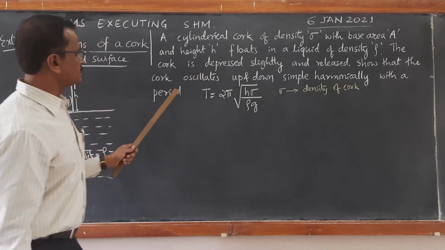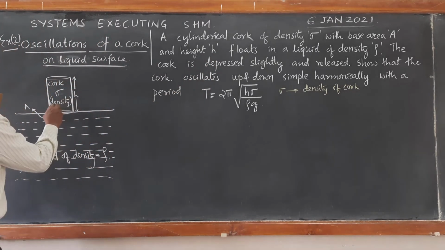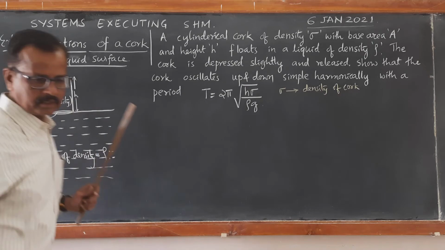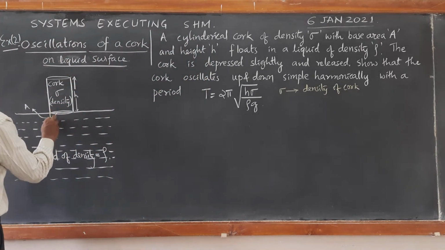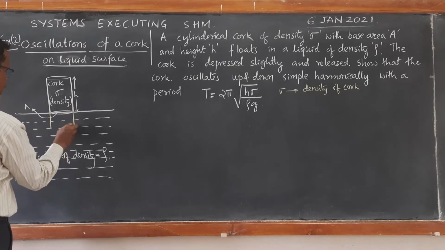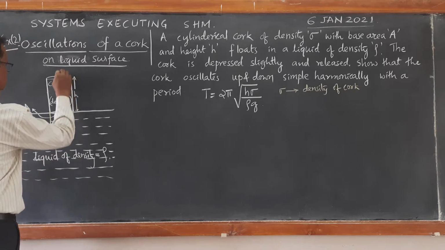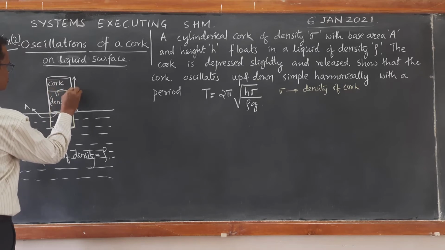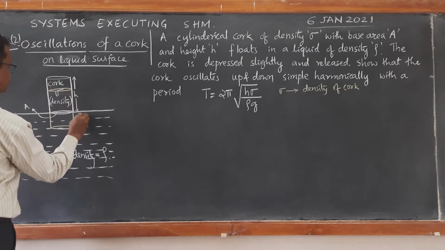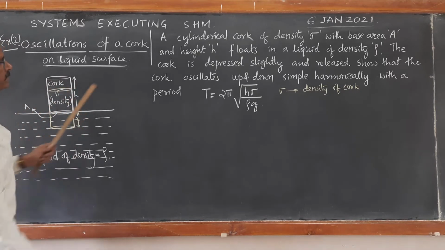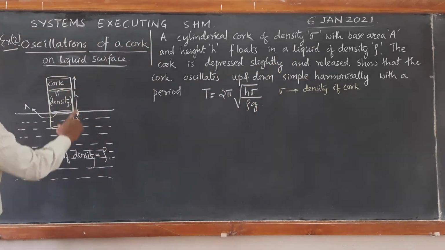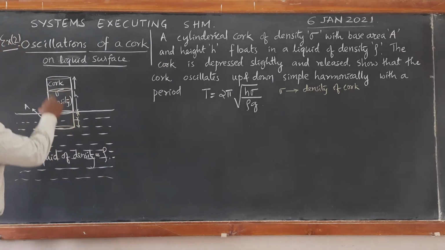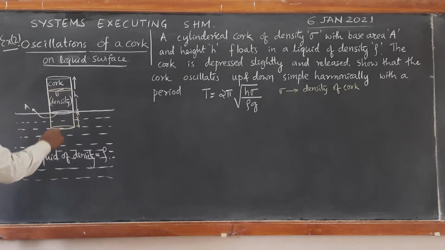The cork is slightly depressed. So I will just draw the diagram. It is pressed inwards, slightly displaced, so it goes down through a small displacement, let us say x. It is slightly depressed and then released. When it is released, the cork starts moving up and down about the mean position,